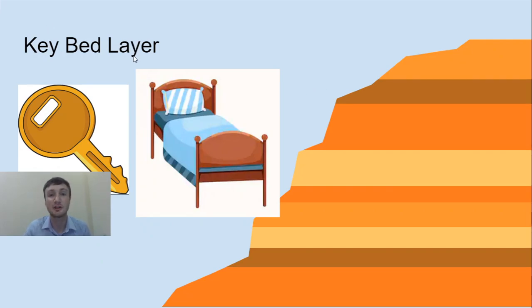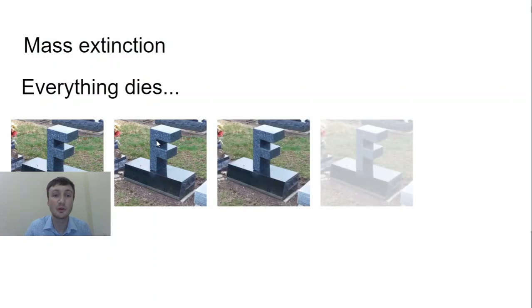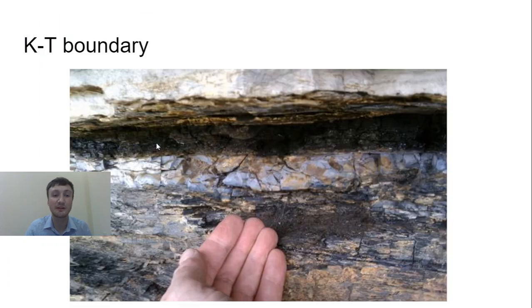Because when the asteroid hit, the ash and the smoke went all around the planet. So everywhere on the planet, you can find this KT boundary. If the rock is old enough, you can find that layer. That layer is made of all this burnt stuff and